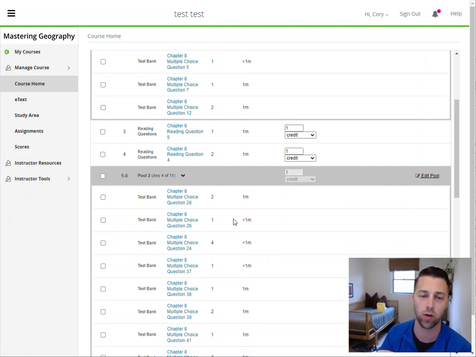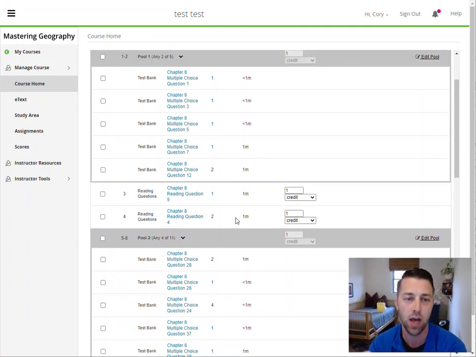One reason why I really like this feature is because in Mastering, we have a lot of different assignment types, right? We have these multiple choice questions that take a minute or less. And for this, if you're pooling these 5 questions, it doesn't matter what question they got. But in Mastering, we also have coaching activities that may take 15 or 20 minutes. So you wouldn't want to pool a coaching activity in with these 5 one-minute-long questions,